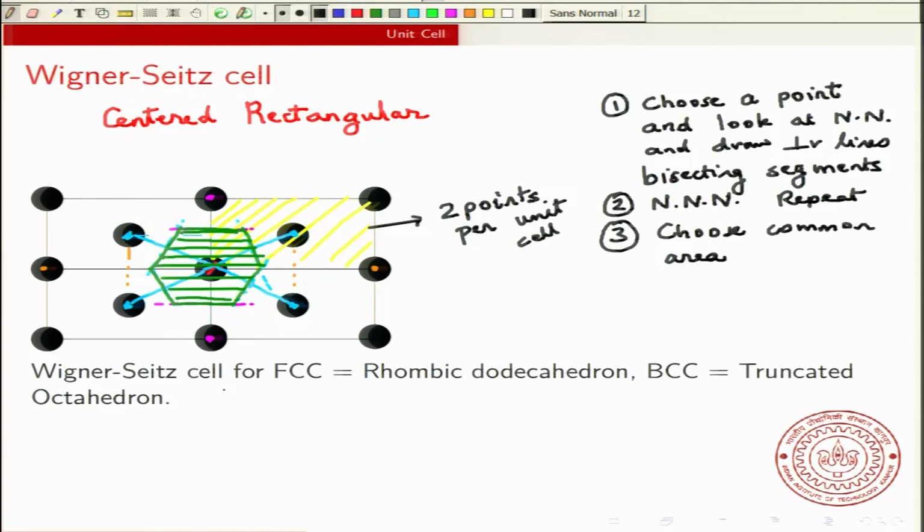So in 3D you have planes intersecting. Instead of having lines intersecting, you will have planes that are intersecting. So for example, if you had an FCC, let's say you had a